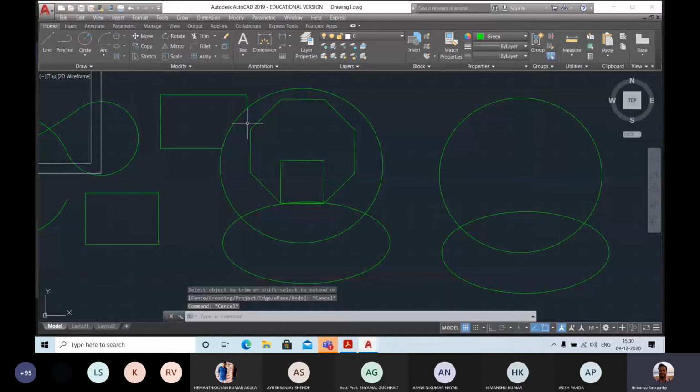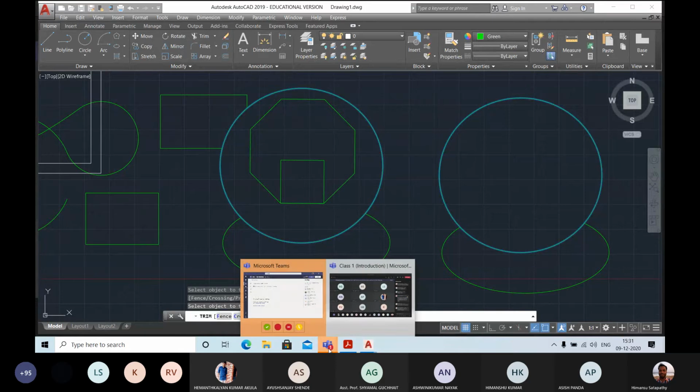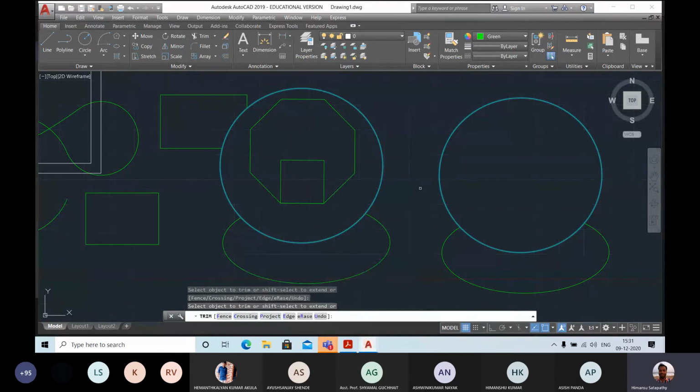Please pay attention: in the trim command, first select the object by which you want to cut or trim. You can select many objects at a time. There is no issue. Then press enter, as I told you, in case of modify command. Then select the line which you want to cut. I just want to cut this line, so I select that line. So this is your trim command.